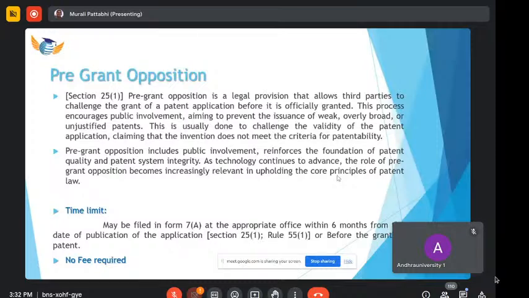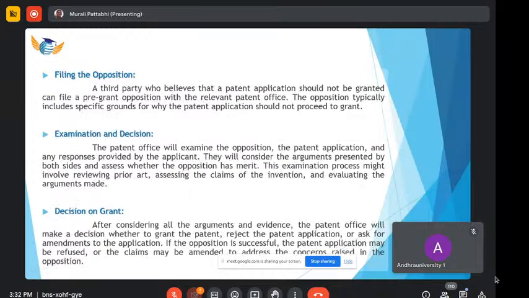So nationally the time limit we have seen here is 6 months, but before grant we can file a pre-grant opposition. And once we file an opposition, normally the patent office would form a board where at least 2 or 3 people will be in charge of that pre-grant or post-grant opposition. They will form a board and they will call for